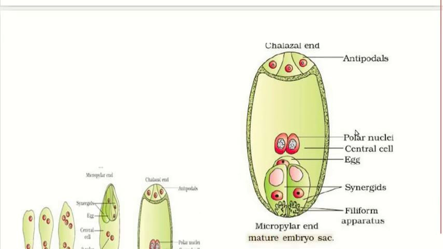They may ask for a description of the embryo sac with a diagram. So nearly 3 marks for the diagram and 2 marks for the notes part. So a mature embryo sac, towards the micropylar end, has the egg apparatus with 2 synergids and an egg cell. You should remember to write the filiform apparatus in the synergids. Then there are 2 polar nuclei within the central cell, and towards the chalazal end there are 3 antipodal cells. So totally it is a 7 celled and 8 nucleate mature embryo sac that you have to